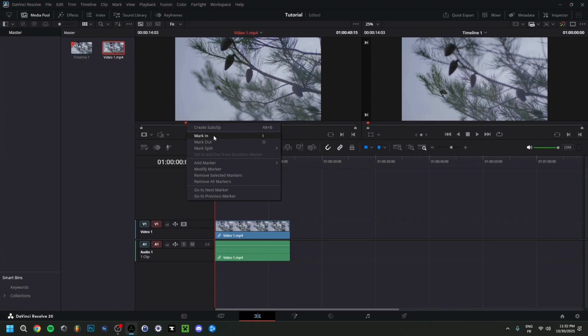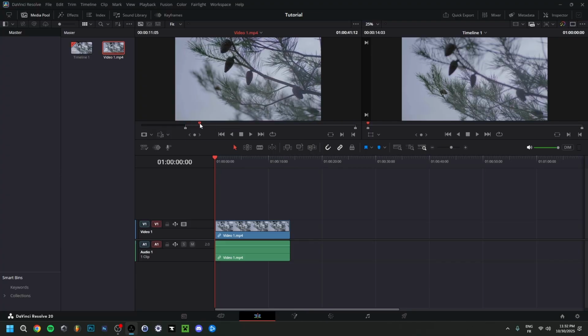They can do mark in or mark out, so I or O on your keyboard. You can see I just did I. Now I can just go ahead and go further, and let's say I want it until here. I can do the O from out. Now I only have this fragment of the footage, and so if I take this and I just drag,